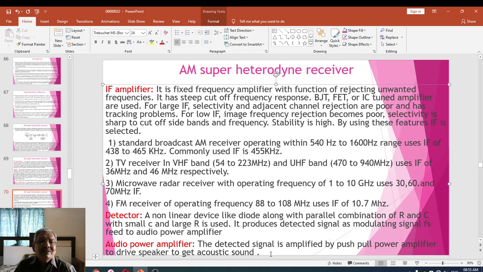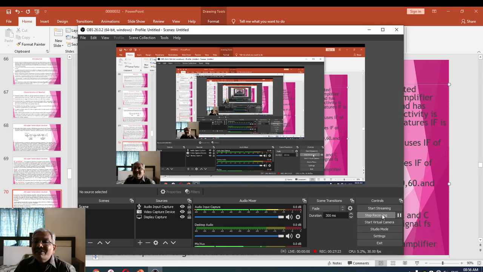Student friends, thus one can receive the tuned signal from the AM transmitter. It is processed and produces the wanted modulating signal from the modulated wave. This indicates how it recovers the original information from the modulated wave. So that's what we call an AM superheterodyne receiver. Next time we'll go for